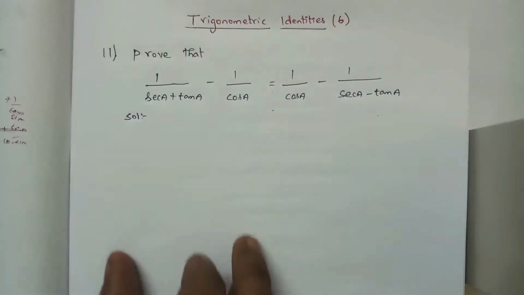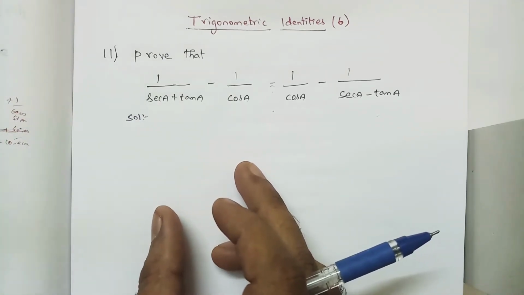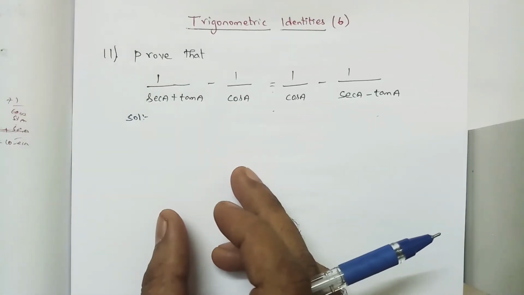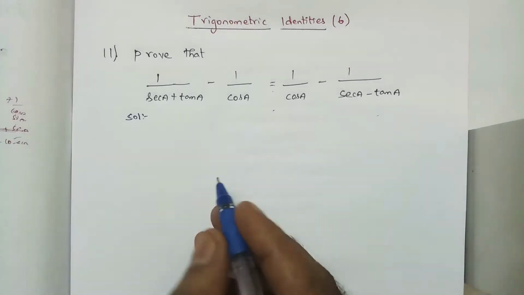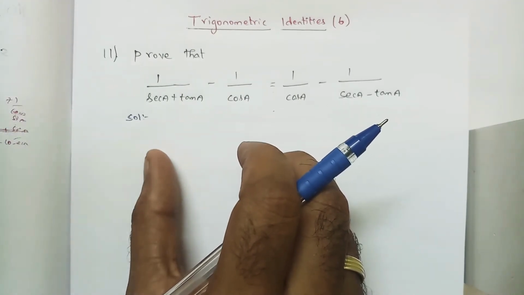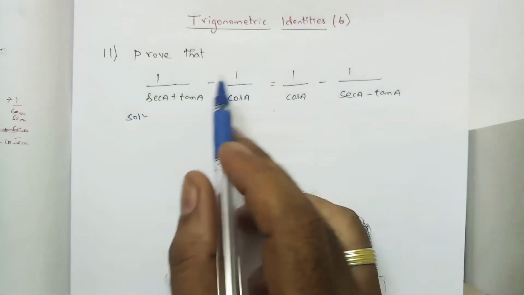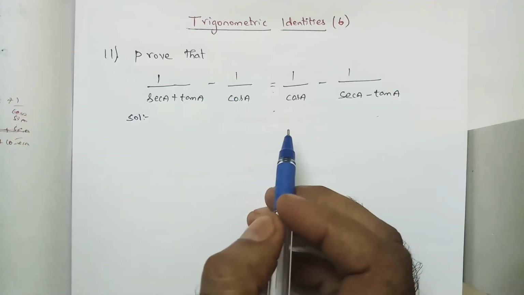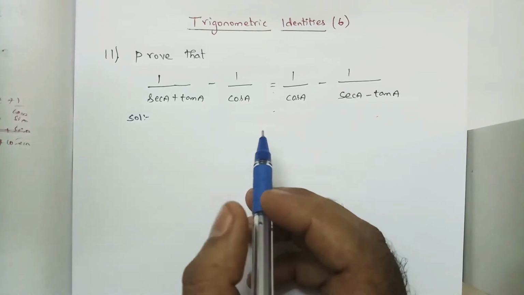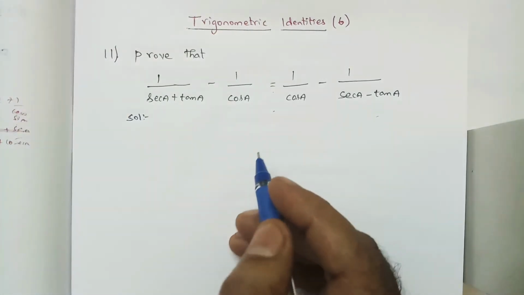And once again, I'm going to take that. While solving by that method, it is very easy. There also, we are going to get two terms, right? So while we are simplifying, we'll get LHS is equal to RHS. So just keep a small hint while seeing the question. See, we have like terms on different sides, right? So what we are going to do is arrange them on one side and then simplify. That is very important in this model: arranging the like terms on the same side, right?